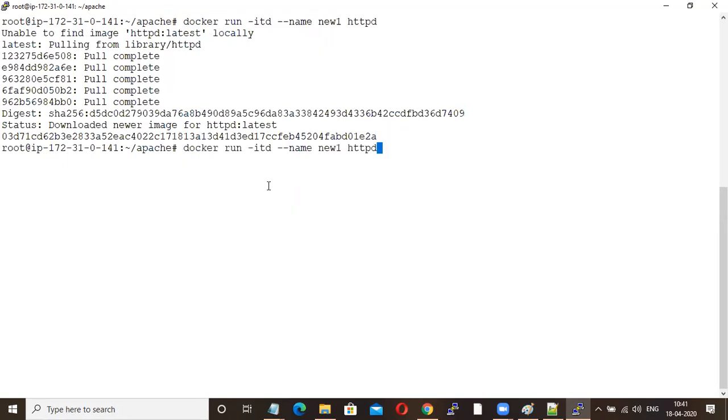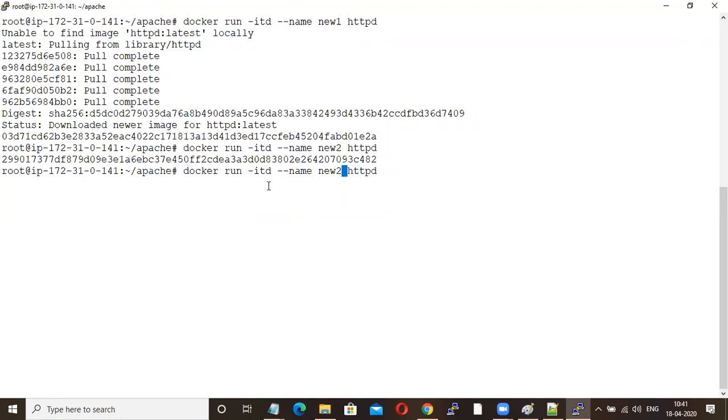Okay, same command I'm running. I can launch the same service multiple times if you go for bridge network.